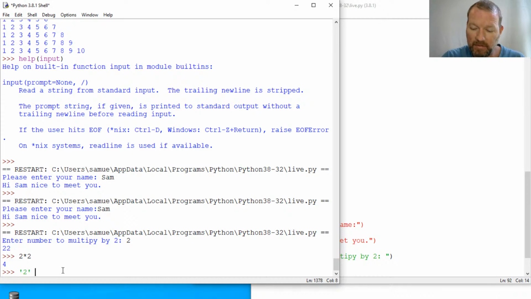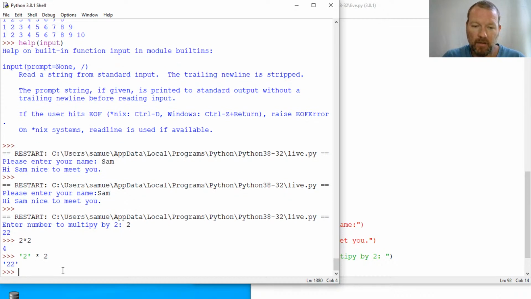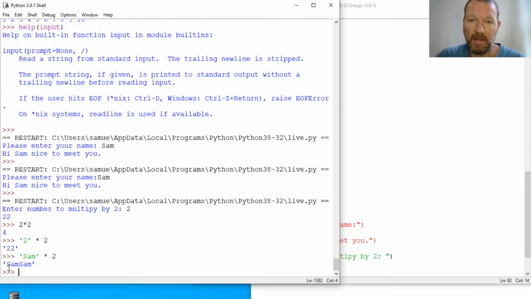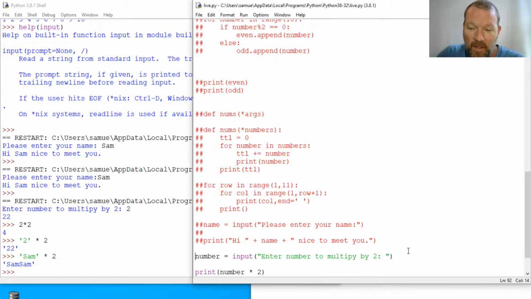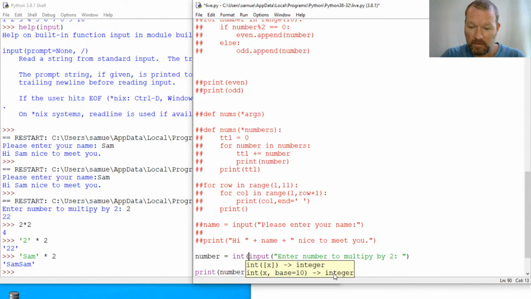But if I pass this a string 2, and I'm telling Python I want 2 2's, I get a string of 22. Same thing as this. If I wanted to multiply this by 2, I'd get Sam. All right. So if I wanted to have this be actually multiplied, I need to wrap, just like we took